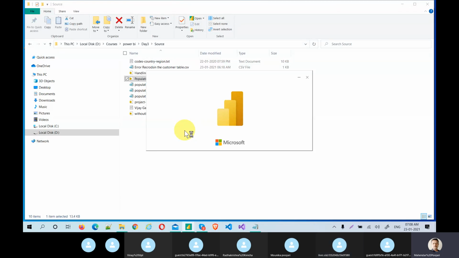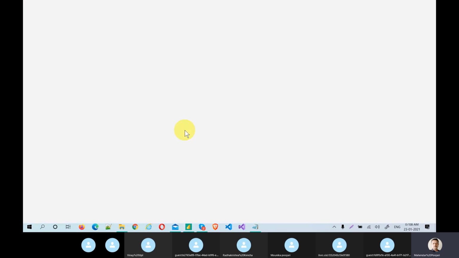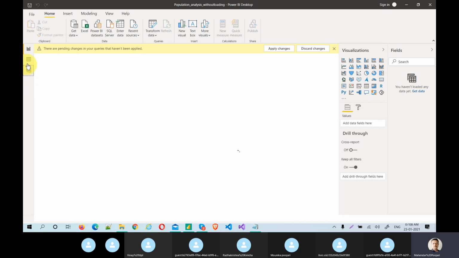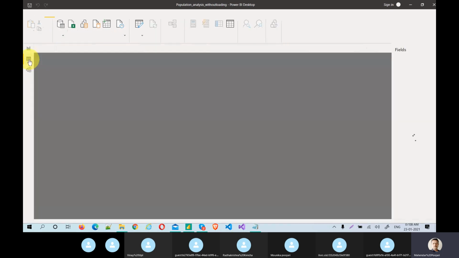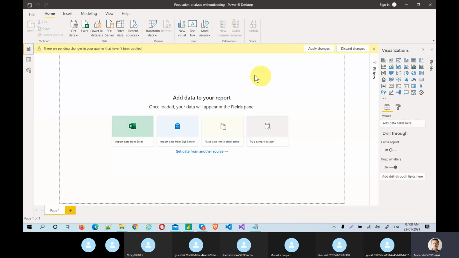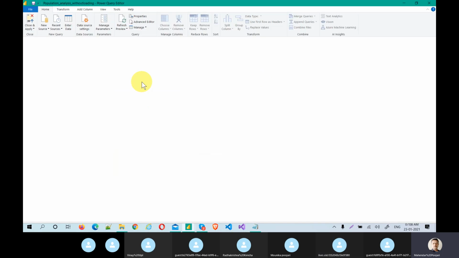The gate is the query editor. The data is in the query editor only. You have not pushed the data into Power BI. See, nothing is there. If you go back and look in the model, it's empty. Nothing is there in Power BI. But where we put our effort so far is in the query editor. Go to transform data, so that the query editor comes up, and here you will see all of your data.